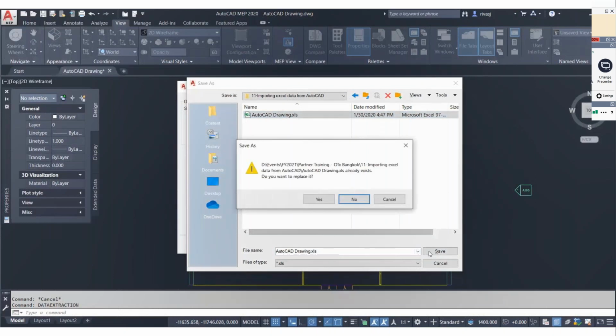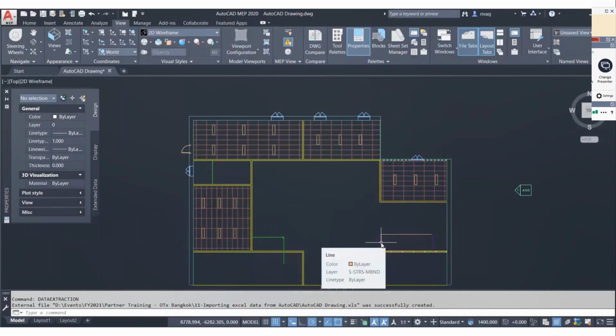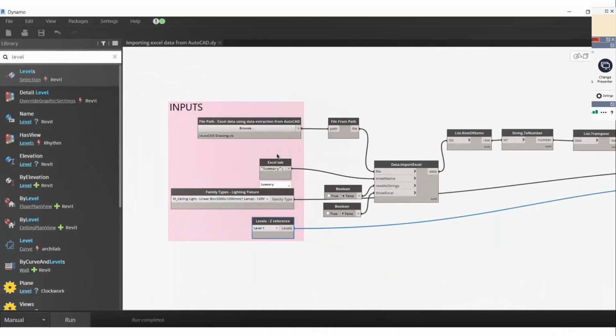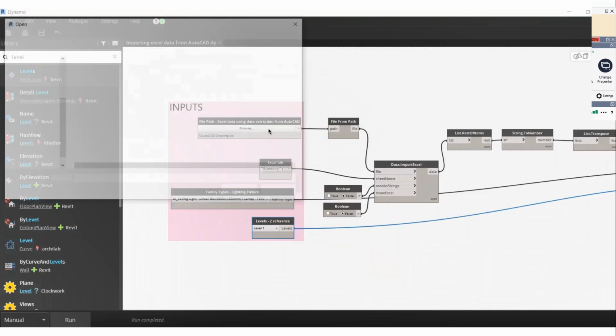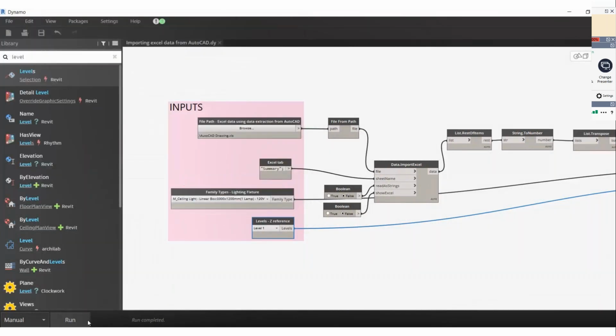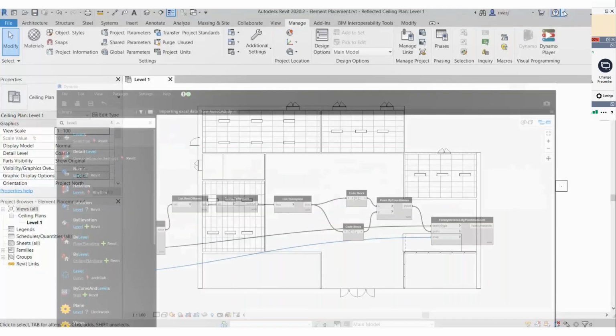And once we input that information coming to the Dynamo environment, all I need to do is select that spreadsheet and pull the information, which is the coordinates and the lighting fixture block name, so that I can automatically place them. And if you could see, it's a very small script that we've prepared over here.